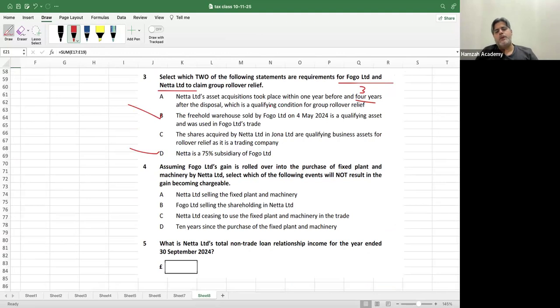Then, assuming Fogo Limited's gain is rolled over into the purchase of the fixed plant and machinery by Nita Limited, select which of the following events will not result in the gain becoming chargeable. Nita Limited selling, no, if you sell the plant and machinery, you will have to pay the gain. Fogo Limited selling the shareholding in Nita. If Fogo Limited straight away sells Nita and then Nita does whatever she wants to do, Fogo Limited is not going to be responsible for that, right? So the correct answer is going to be B over here,